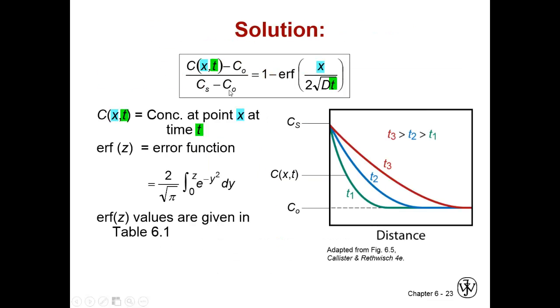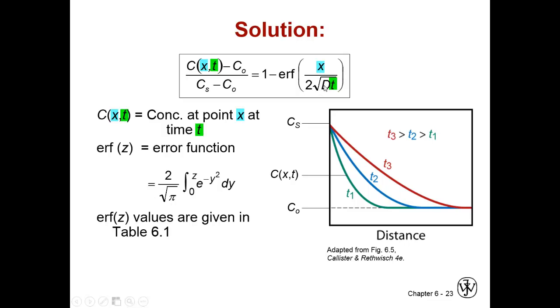So this is the concentration at the surface minus the original concentration in the bulk of the material is equal to 1 minus the error function of x, which is our distance into the material, over 2 times the square root of, here's our diffusion coefficient again,